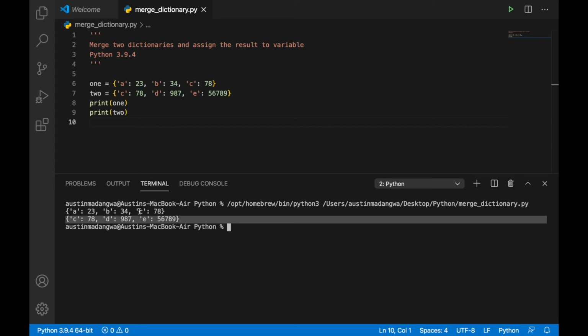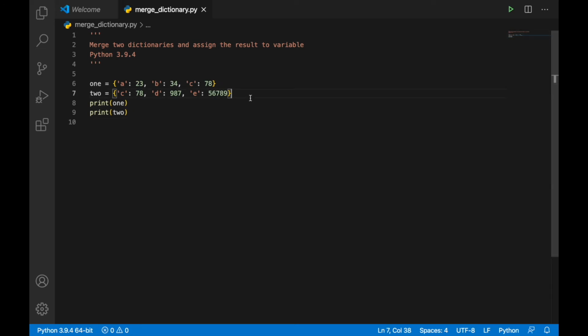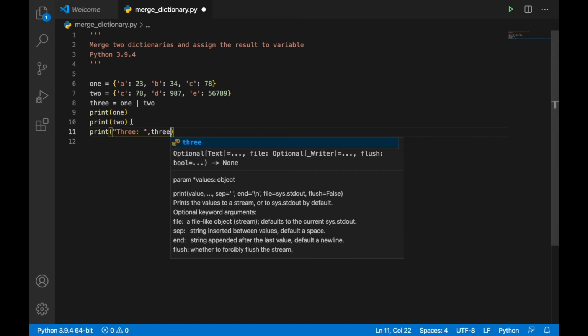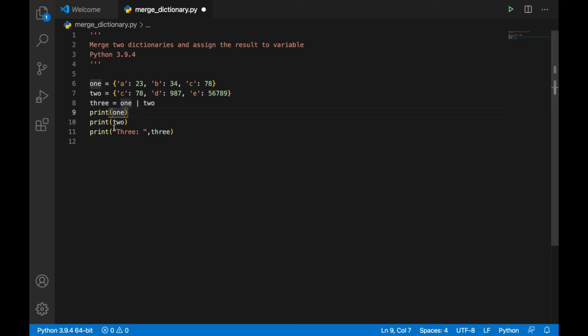Now we want to merge these two dictionaries into a third variable. So we're going to name this variable dictionary 3, and this is how you can merge these two dictionaries. You just do this and use this operator, and that's it. Now we have to print the third dictionary, the merged one, like this. Let's go ahead and print it, and let's name this one so we won't get confused which one is which. So 1,